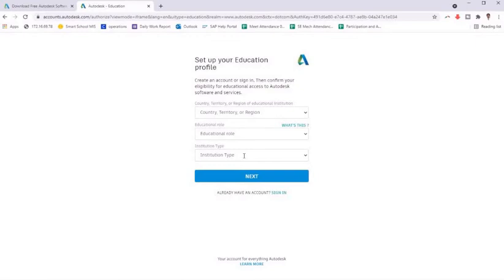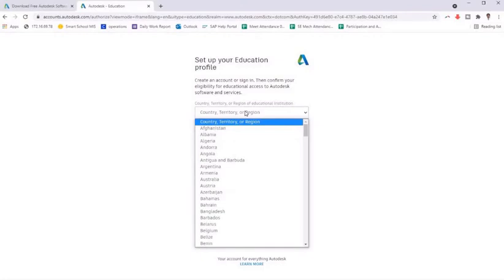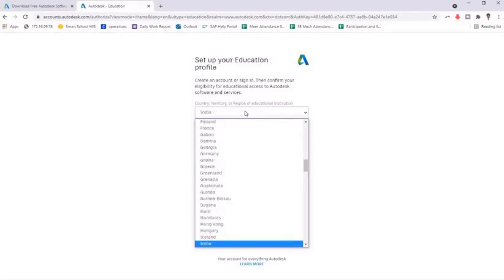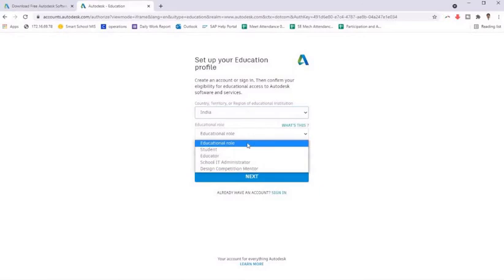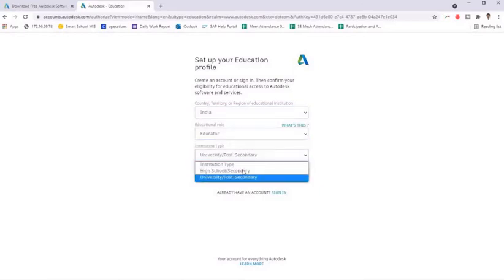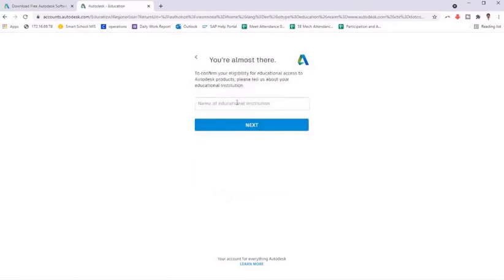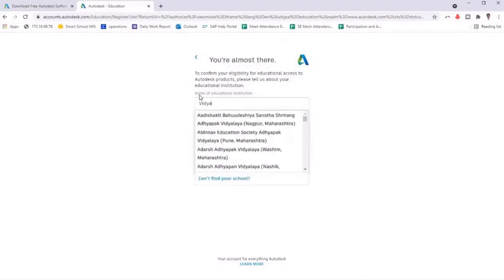Select your country, educational role and institute type. Here you have to enter the name of your institute. If you start typing the name of your institute, then the options will be available, so we can select our institute name.